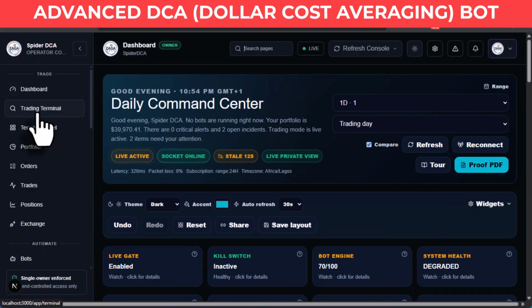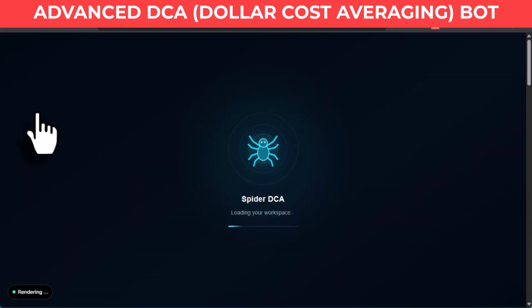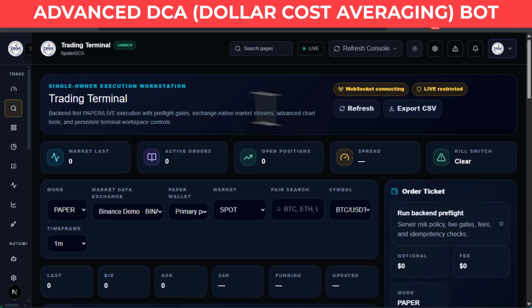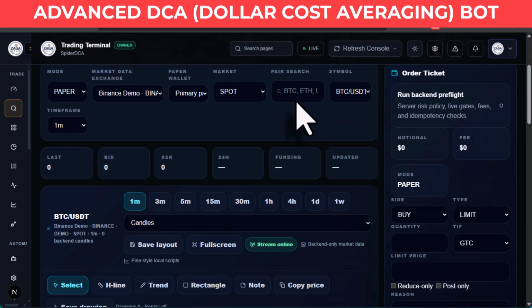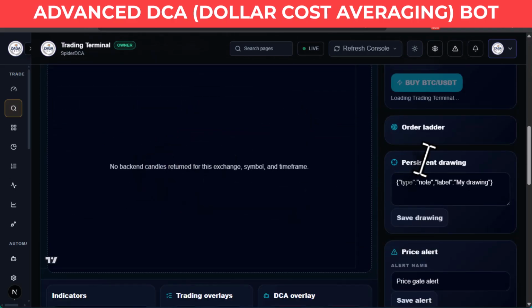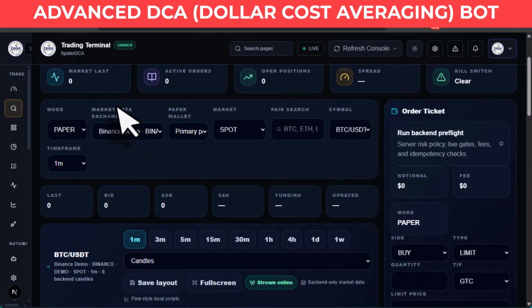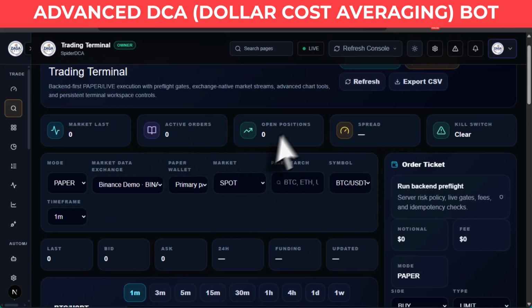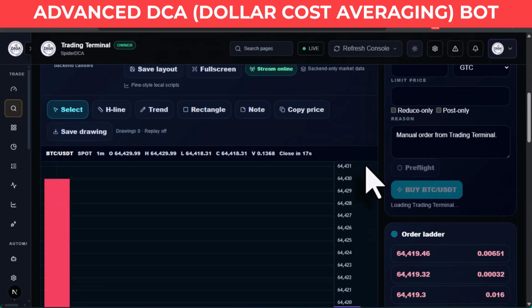Then on the second menu, we have trading terminal. So the trading terminal itself is loading up. This is where the trading terminal is. You can choose to do manual trading on the terminal, select any exchange you want to trade on the terminal. As you can see, we'll have top here all the cards, the markets, the active order, the open position and spread and kill switch. This kill switch is very important in case you decide to,